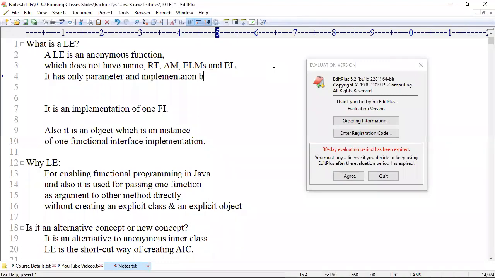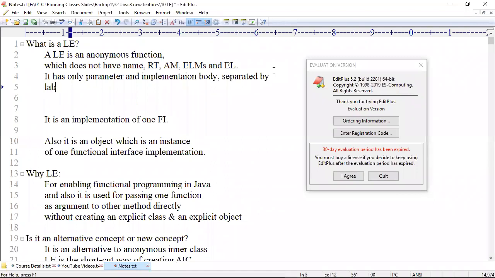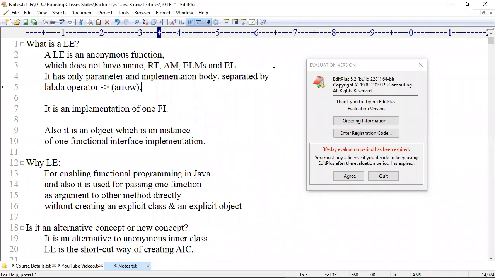Separated by the lambda operator, the arrow. How to pronounce? Arrow. Are you writing notes? Please write down notes.